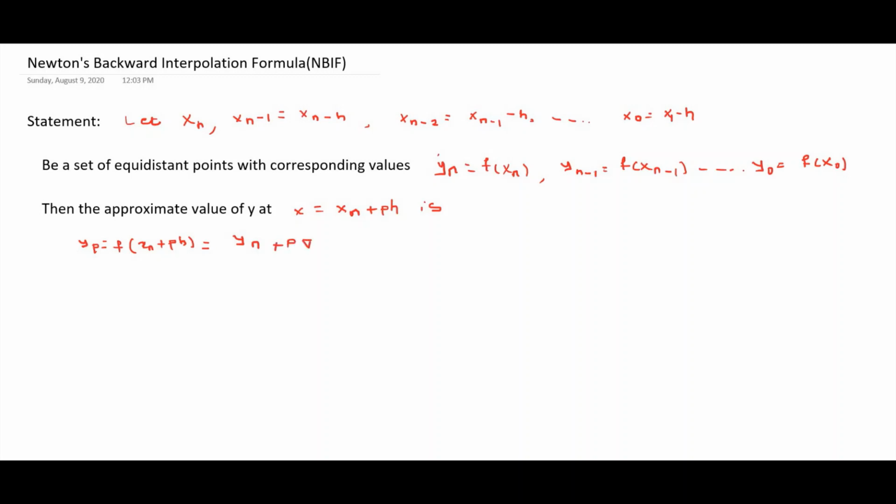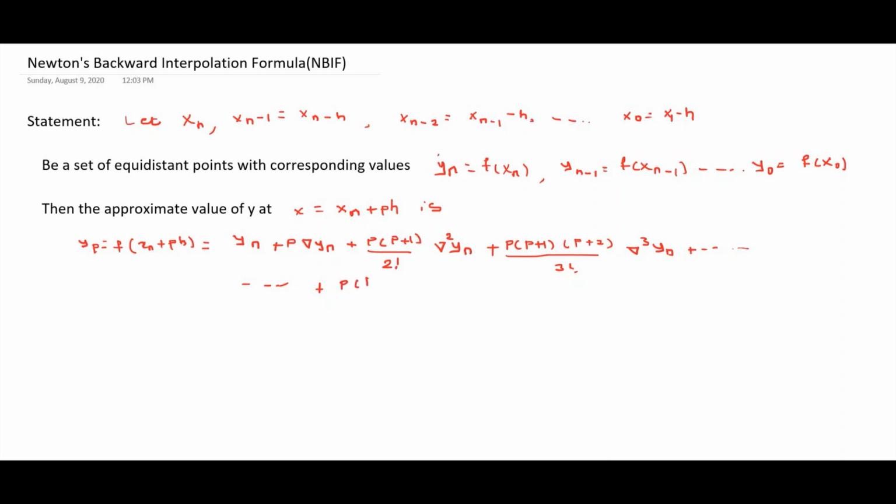p into del yn plus p into p plus 1 divided by 2 factorial into del square yn plus p into p plus 1 into p plus 2 divided by 3 factorial del cube yn plus, continuing in the same way, at last we get